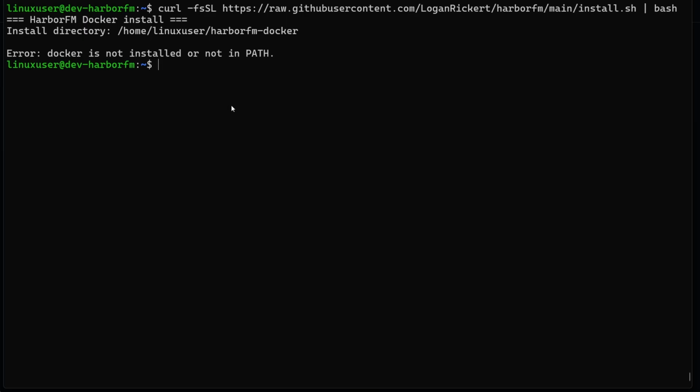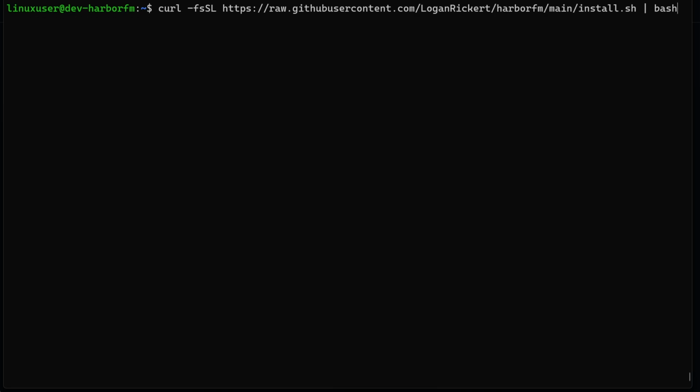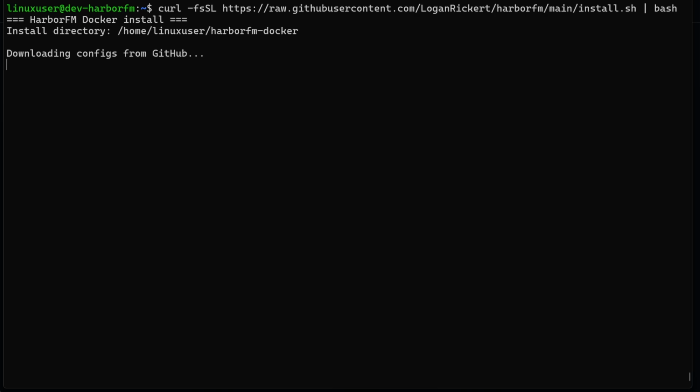and it's going to tell us that Docker is not installed. So we must install Docker first. I've gone ahead and installed Docker, and I'm going to now run this command. It's going to download the Docker Compose and any configuration files, and then it's going to ask you for your